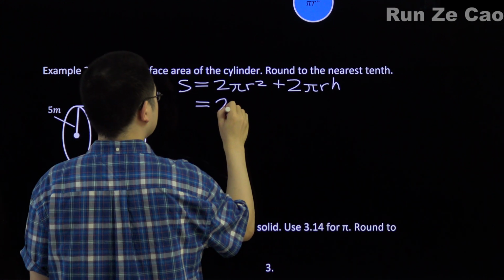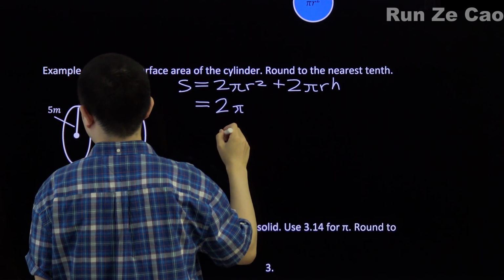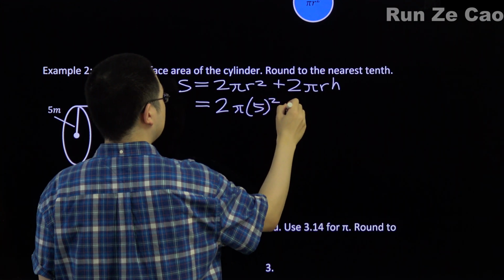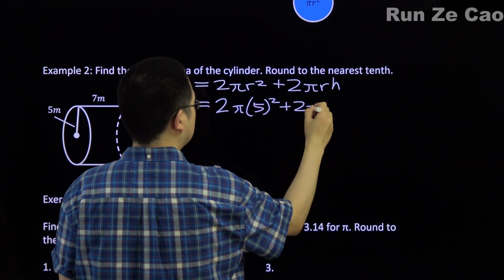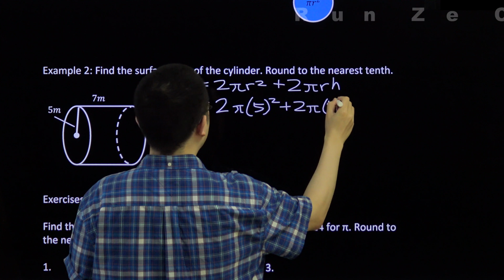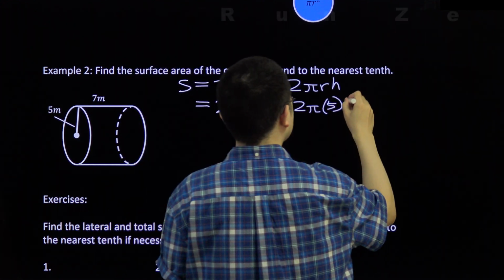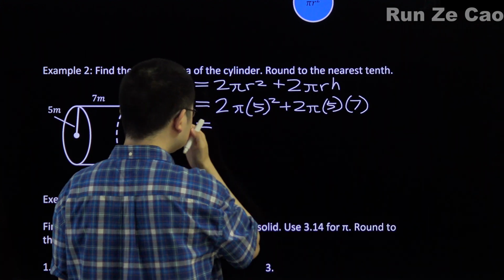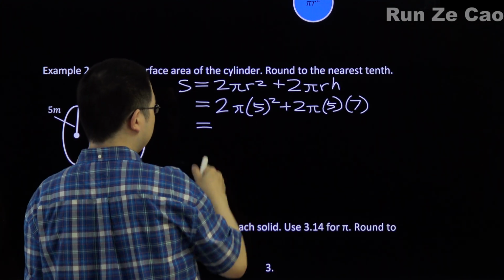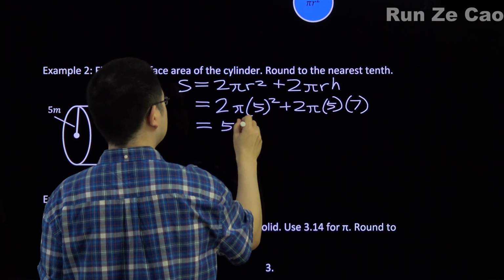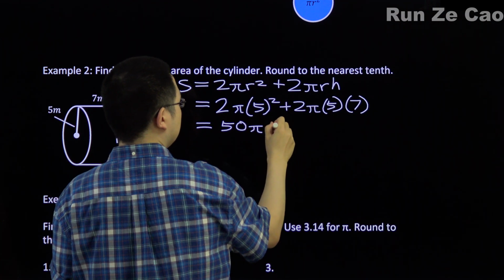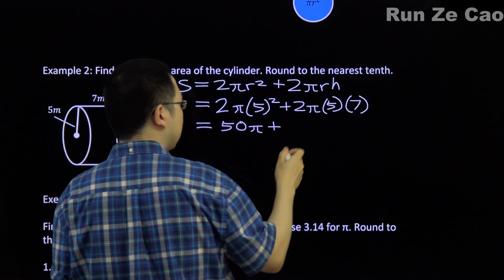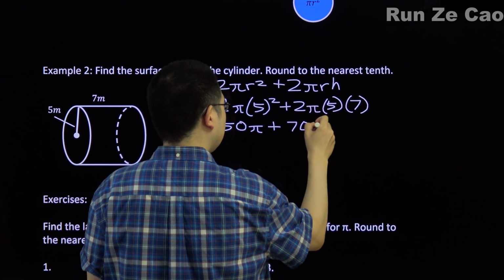This is going to be 2 pi r squared, that means 5 squared, plus 2 pi, r is 5, h is 7, so 2 times 25 is 50 pi, plus 2 times 5 times 7 is going to be 10 times 7, or 70 pi,